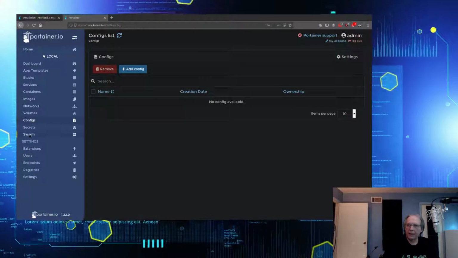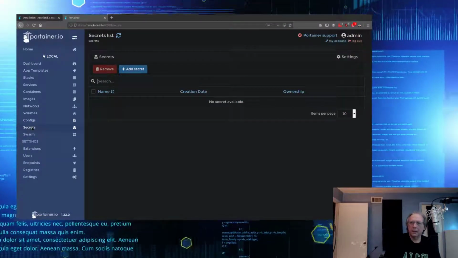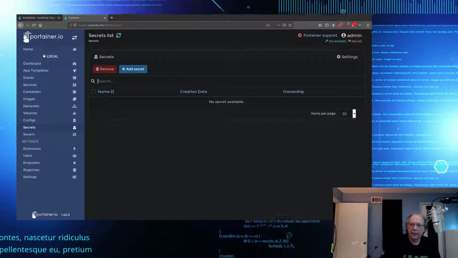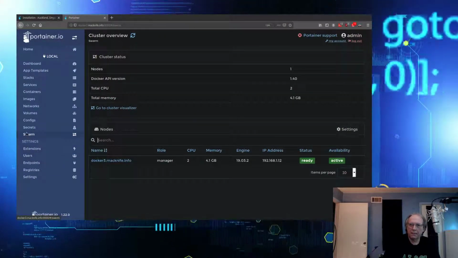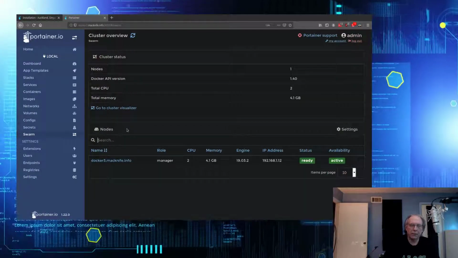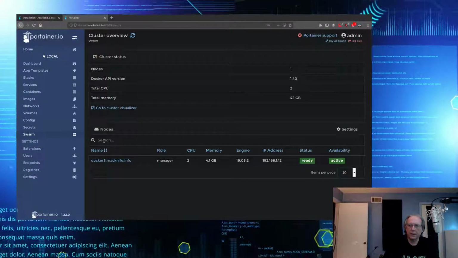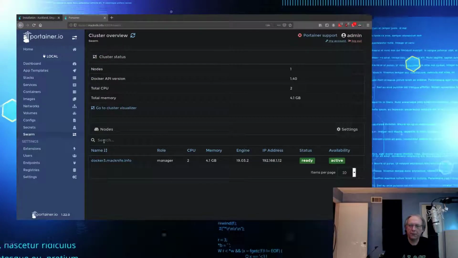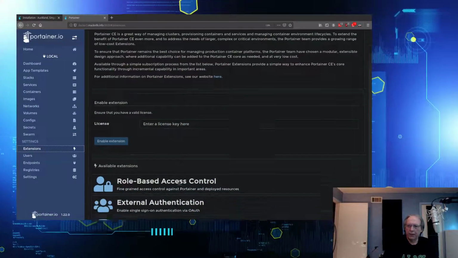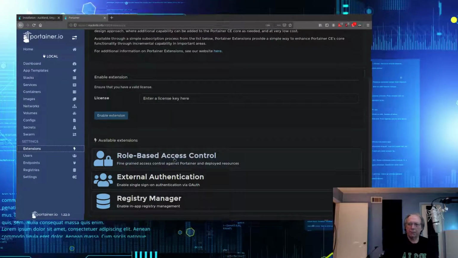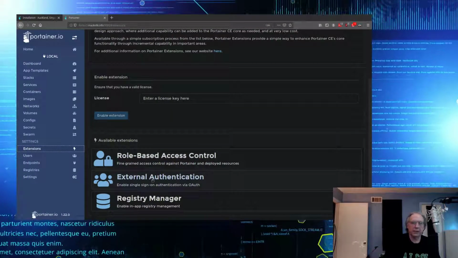I don't have any configs. I have lots of secrets, but none that I'm going to show you. Let's see. The swarm, I can manage a swarm from within here. And of course, that requires Docker Compose to be installed on your system to help manage that. There are a number of extensions. You can add role-based access controls. You can